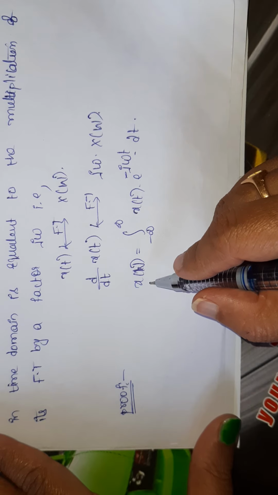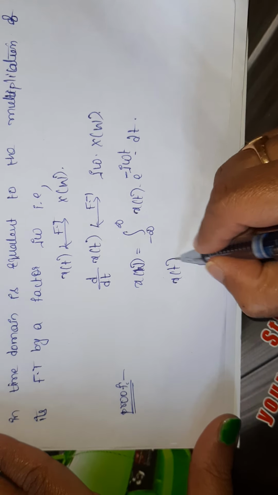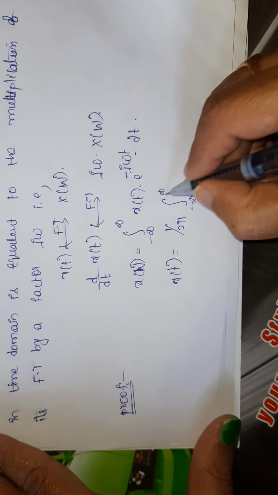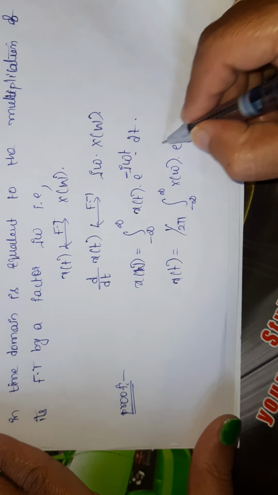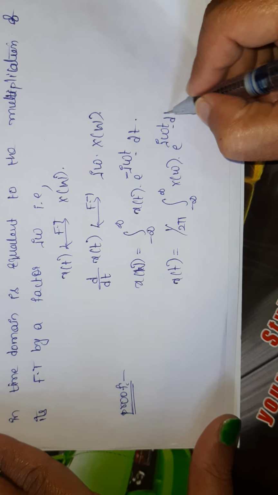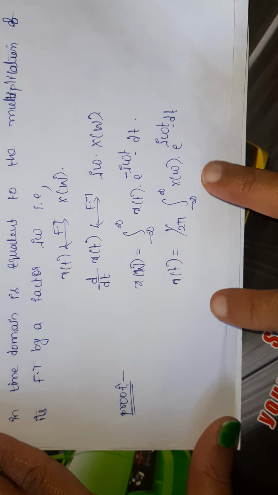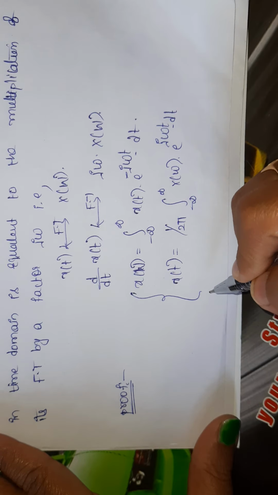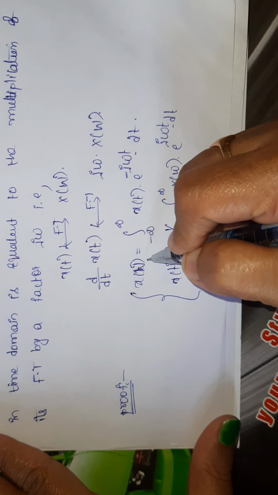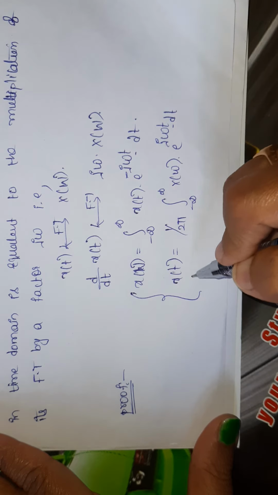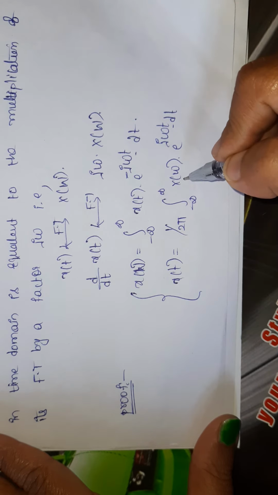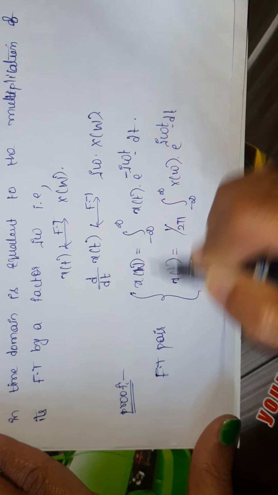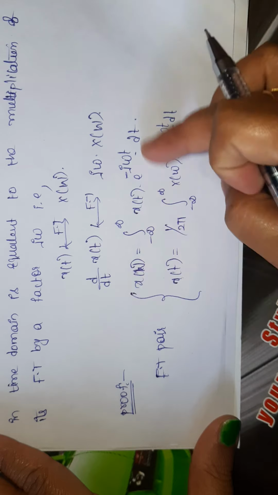the inverse Fourier transform, that is x of t is equal to 1 by 2 pi integration from minus infinity to infinity of X of omega into e power j omega t d omega. Okay, so now I am considering this as the Fourier transform pair. X of omega is nothing but the Fourier transform of x of t. x of t is nothing but the inverse Fourier transform of X of omega, and these two are called the Fourier transform pair. So till now we have discussed the properties by considering this one formula.